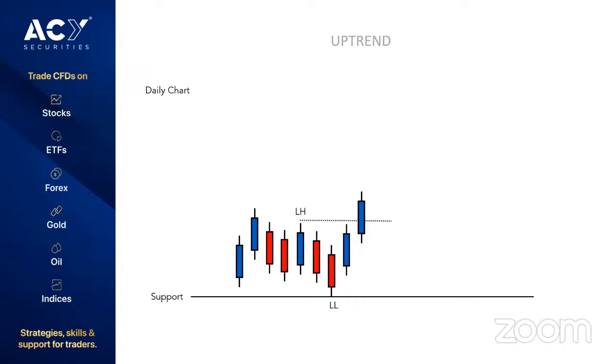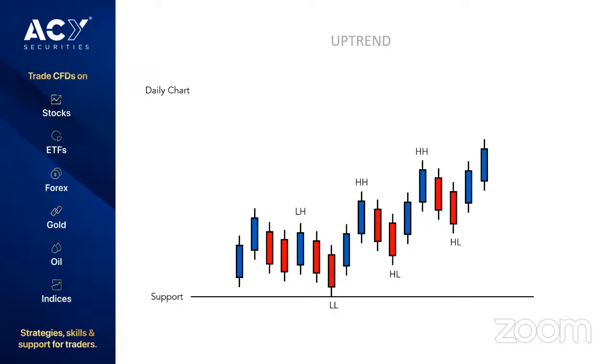That's the first significant factor of a change in trend. And then we will get some form of a pullback. Could be a 1-day pullback, 2 or 3-day pullback, but we get a pullback. And a higher high forms on the chart. And then really the confirmation of the trend forming is when we get the first higher low forming. And then continuation for trend is when we get another higher high coming in and a further higher low. And we could maybe have 5 higher highs, 5 higher lows. It all depends how strong the trend is. So in a nutshell, that's what a trend is looking like on a daily chart in an uptrend.